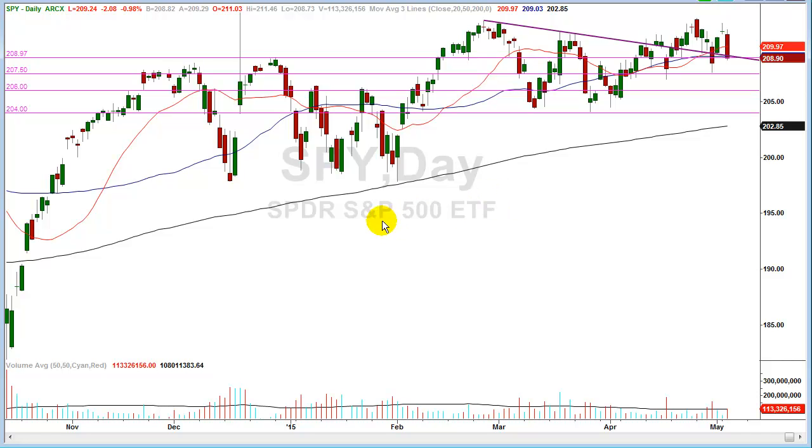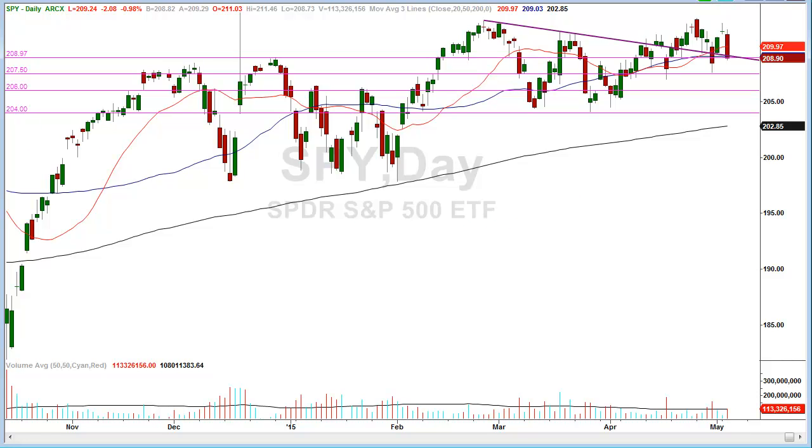because from this point forward until we get into the middle part of the summer, the market is still in a bullish seasonal period of time. And what that means is that dips are meant to be bought. We are the buy the dip crew for the next couple of months. Unless we break 204 considerably, then all bets are off. And if we come below these lows, then something else is going on. But for now, that's the game plan.